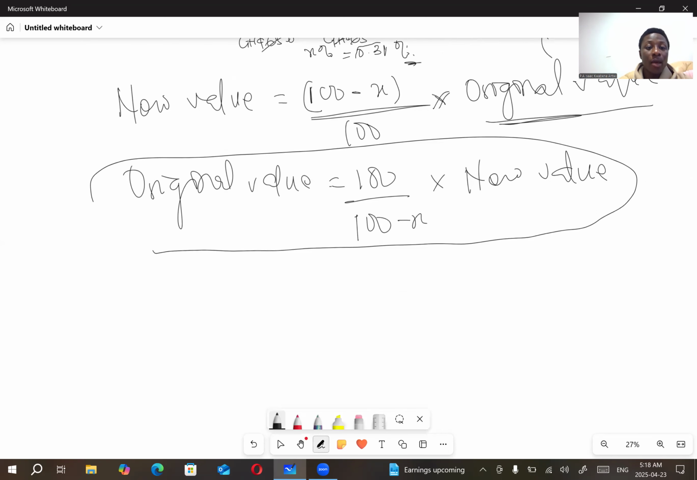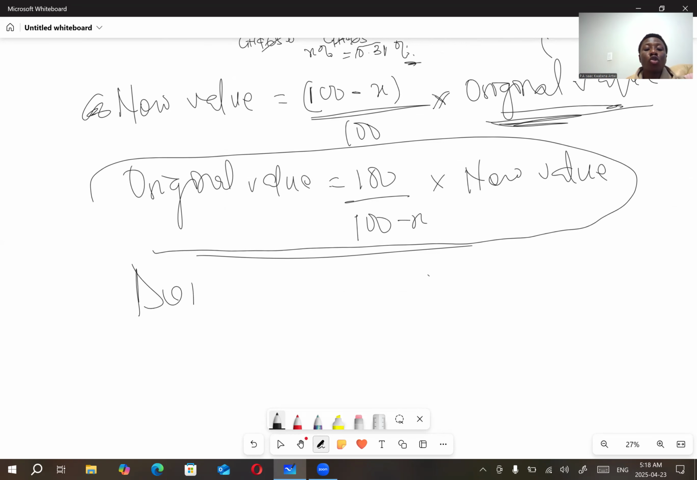It's coming from here. Okay, this one. New value equals 100 minus X all over 100 times original. It's coming from here. Make original value the subject and you get this formula. Do you understand? Now, the next formula I'm coming to teach you is when they've given you everything, original value,